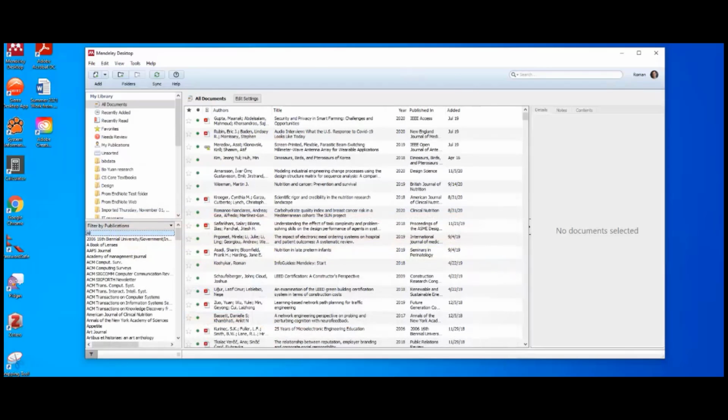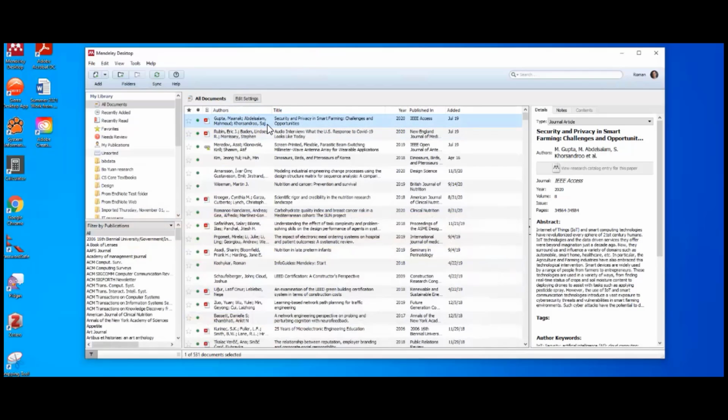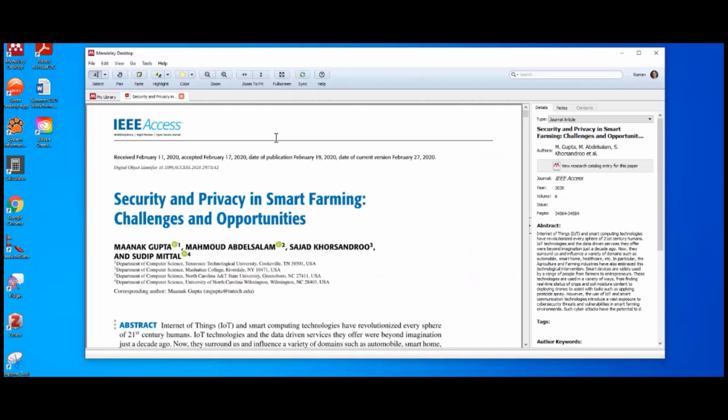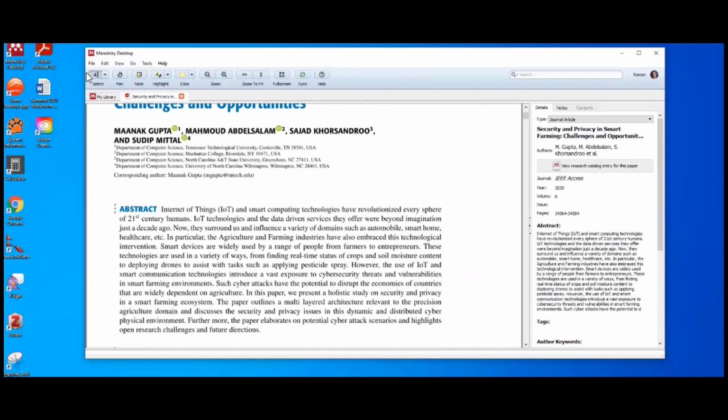Let's go over to Mendeley Desktop and choose a PDF by double-clicking on a document in my Mendeley library that has a PDF attached. I can now use the menu that appears here to attach notes and highlight things into the PDF copy that I have saved.